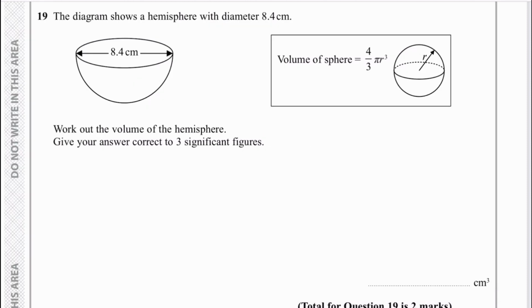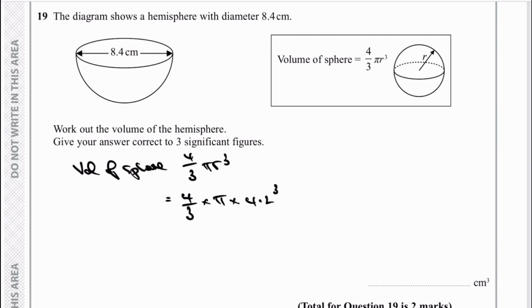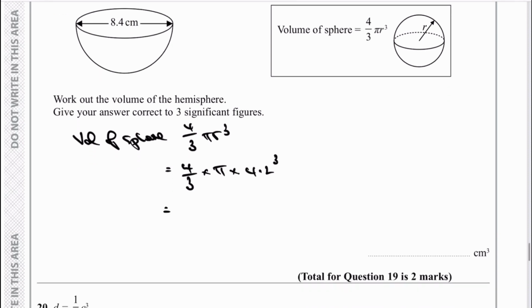Okay, so here we're at question number 19 where we're going to use the volume of the sphere formula we've already been given, which is 4/3 pi r cubed, and really it's just a case of using the information we've got there and just at least initially imagining that we're dealing with a complete sphere with a radius of 4.2, which is half of the diameter that's given there. So when we calculate that, we're going to get